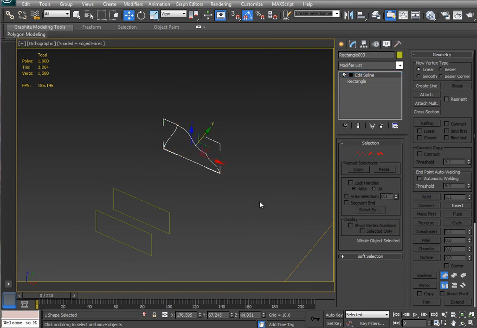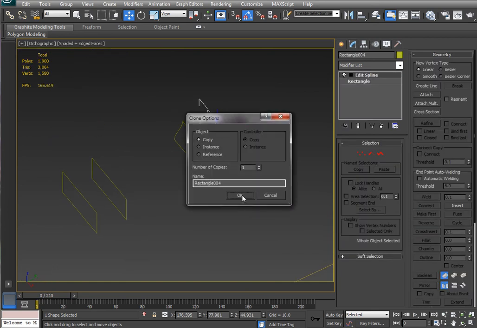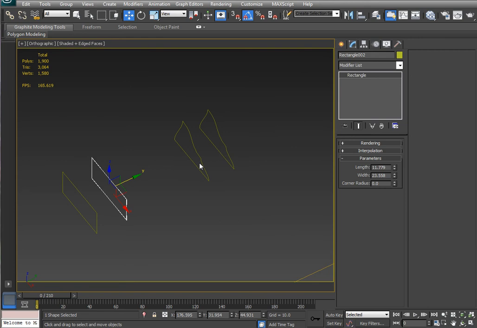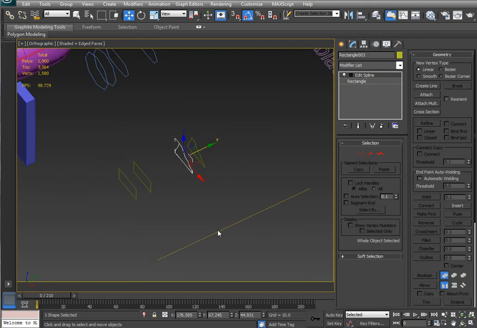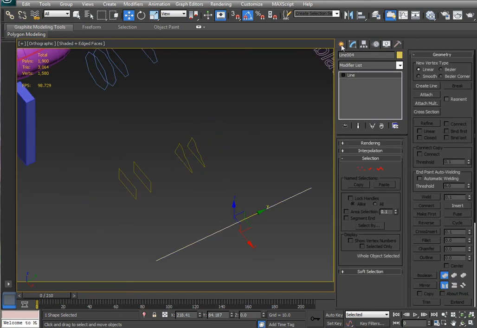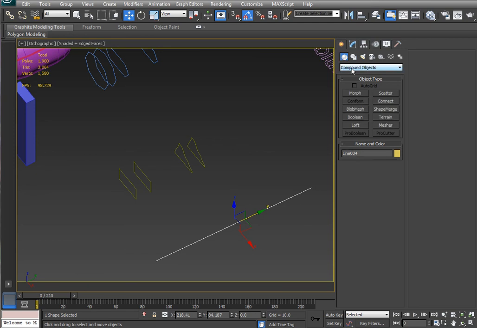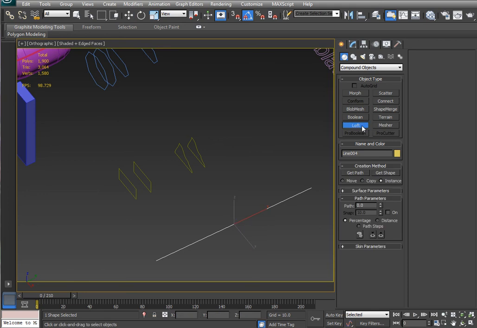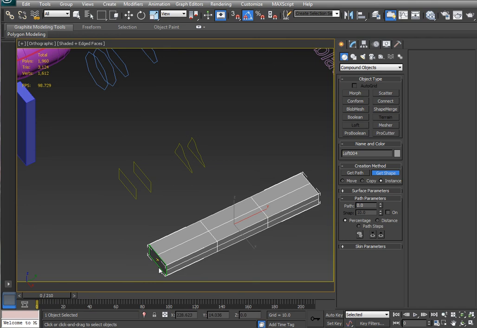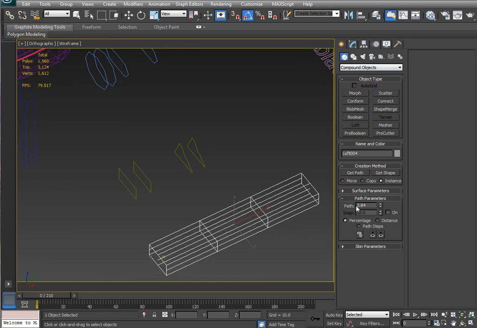Okay, so what I'll do is I will loft this shape. I will loft the rectangle into this shape. So here's my line. I'm going to go back to the Create panel, Compound Objects, the third item in the Geometry drop-down, Loft, and I'm going to get Shape. I'm going to get this first shape, and you can see the little star there, the little yellow piece. And I'm going to move along the path, and you can't see it unless you're out of the shaded mode. So I'm going to grab